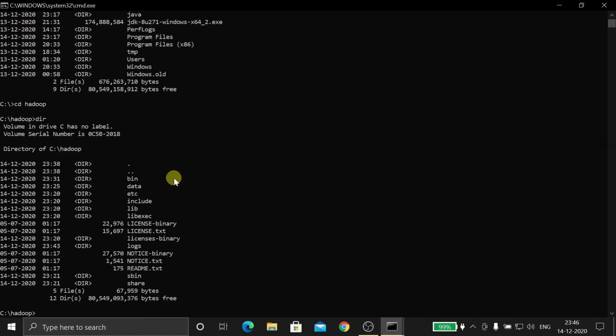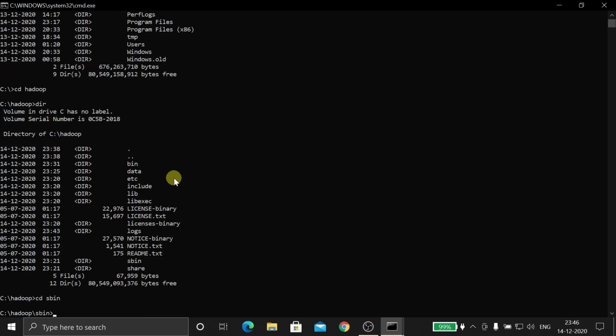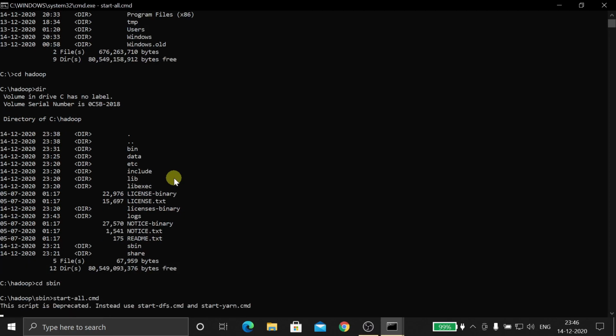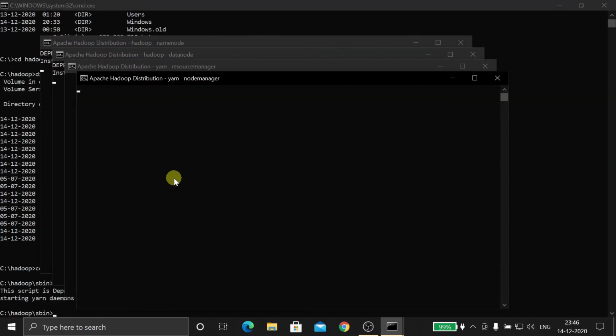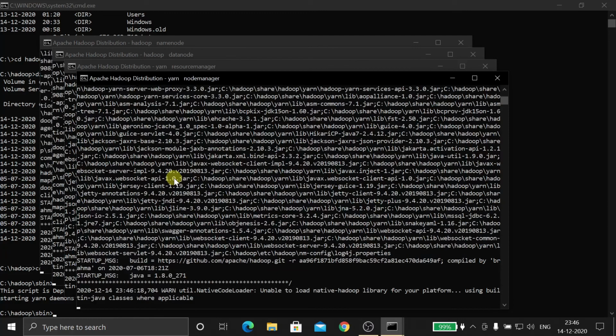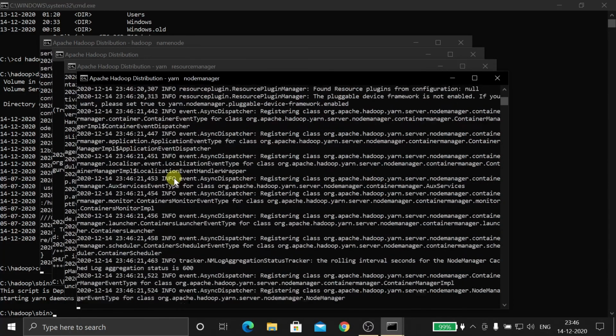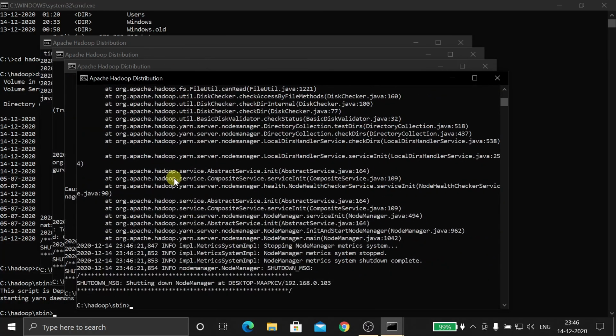Now we should go to sbin, cd sbin. Now we need to start the daemons. So start-all.cmd, simply enter. Yeah, now all the daemons are starting. Yeah, this is the way how to install Hadoop in your system.